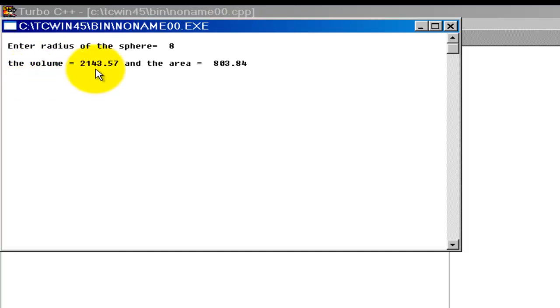The result is: volume equal to 2143.57 and the area equal to 803.84. It displays 2 decimal digits, 84, up to 2 decimals.